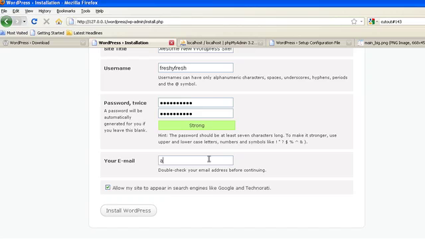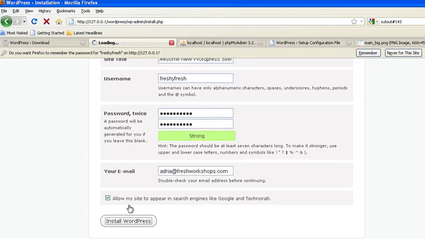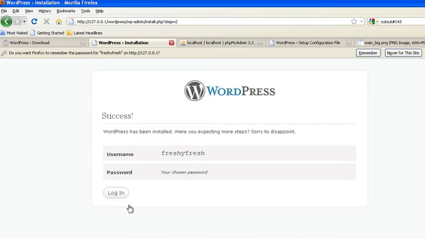And then I'll put in Adria at freshworkshops.com. And you have this option, allow my site to be indexed in Google and Technorati. You can always change this later. I'm going to say install WordPress. And I'm done. Success. I'm going to go ahead and hit login,